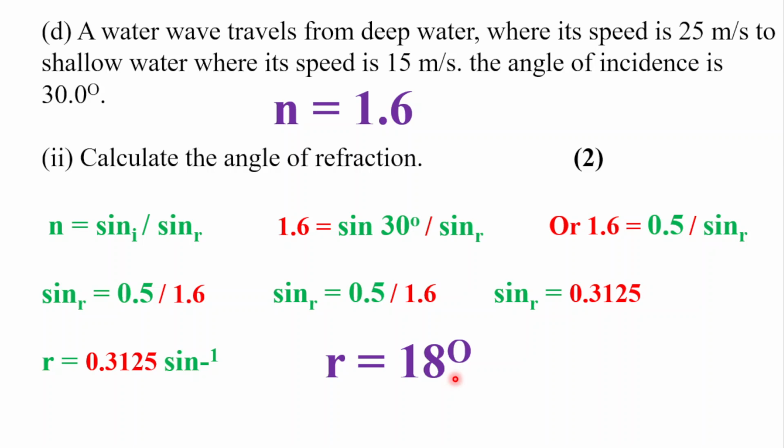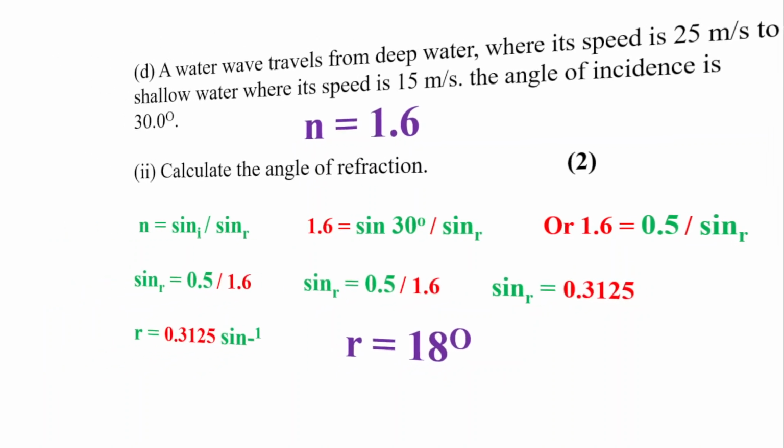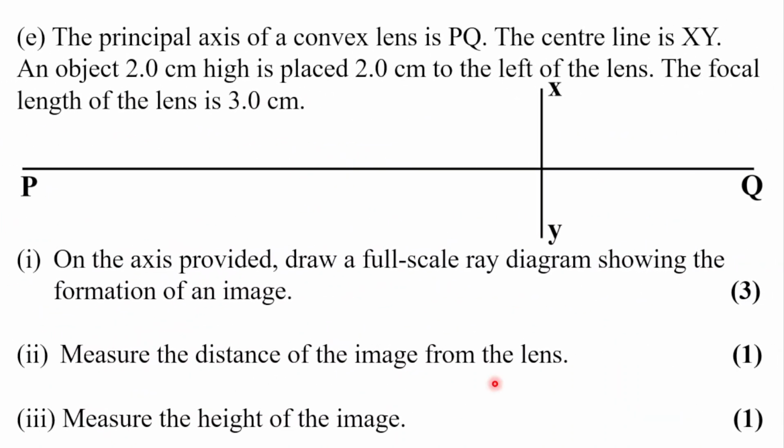It's actually 18.2 something, but rounded off it is 18 degrees. So 18 degrees is our angle of refraction. All right, so part E of this question now, we said that the principal axis of a